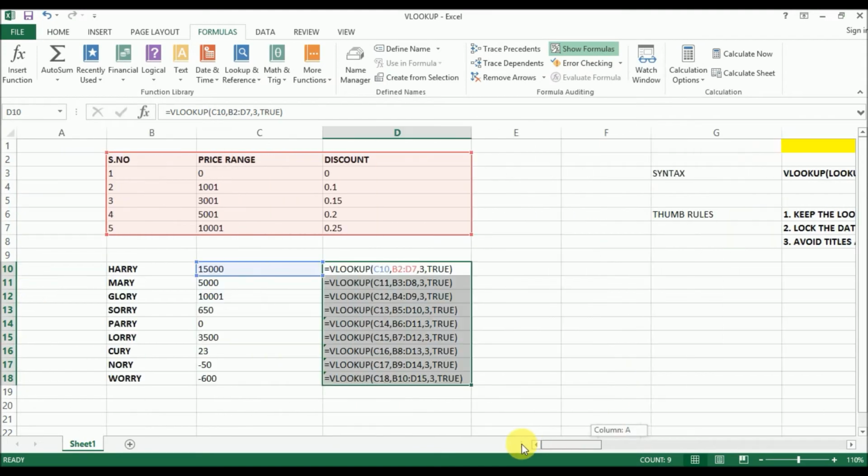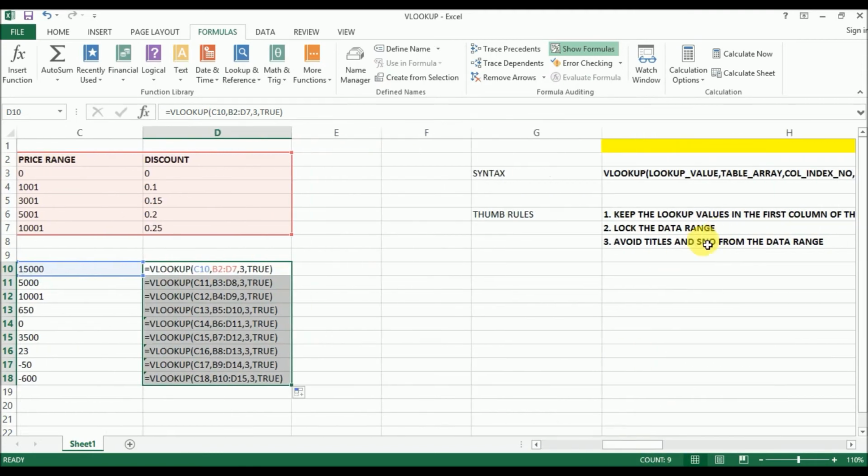Here the data range says B2 to D7 for the first customer, B3 to D8 for the next. So it comes down by one cell. Next one is B4 to D9, again B5. This thing you should lock. This data range should be fixed.